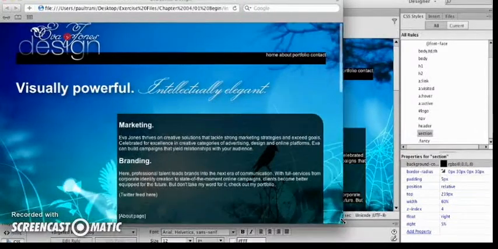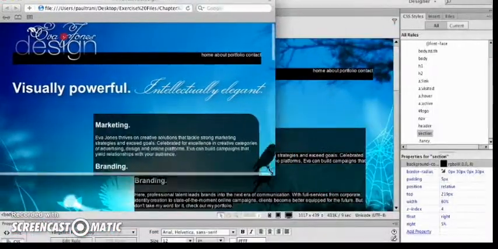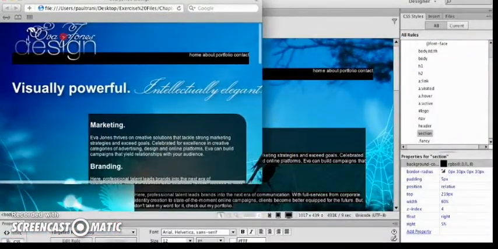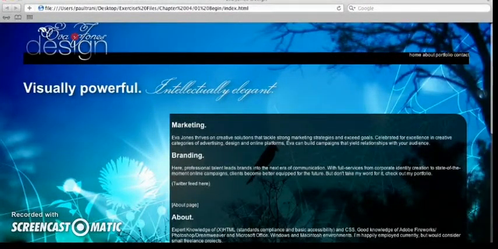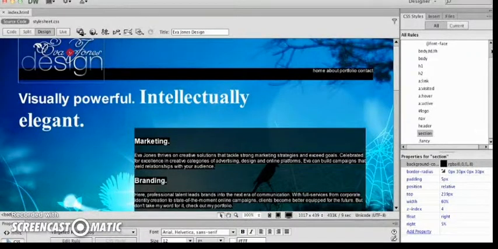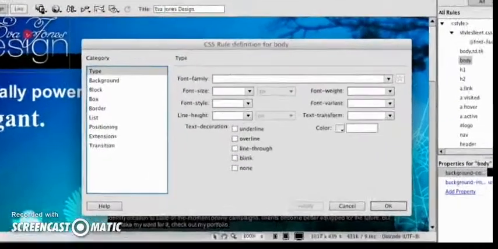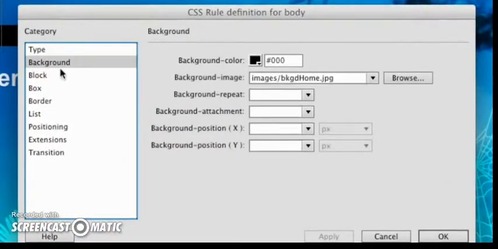What is also happening here, and this is really the last thing I'm going to do visually, is that I don't want the background to get cut as well. So we need that background to scale down as well. We want it to still cover, but we want to make sure that it fills that browser window. So I'm going to have the background scale. So close that. Now I'm going to go find my background, select the body tag, and you're going to see right down here, I can double click on it, go to the background right here, and you'll notice there's background repeat, background attachment. I can change that to fixed, so it's